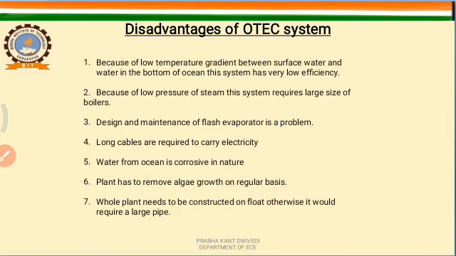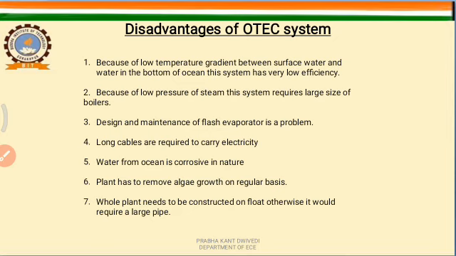Oxygen is also an industrial product. So H2O is converted into hydrogen and oxygen, and this hydrogen is then used to produce the ammonia by taking the nitrogen from the environment. So a fertilizer industry can be developed on a floating platform near this power generation. So some of the disadvantages can be removed.